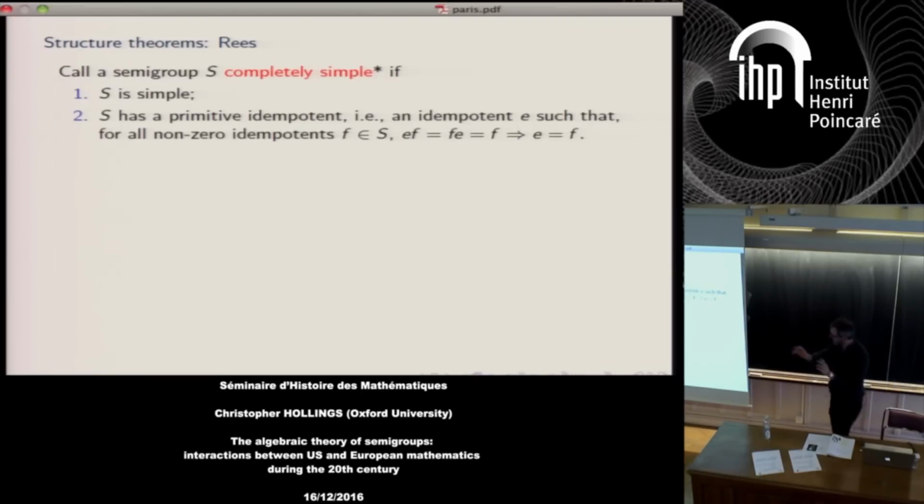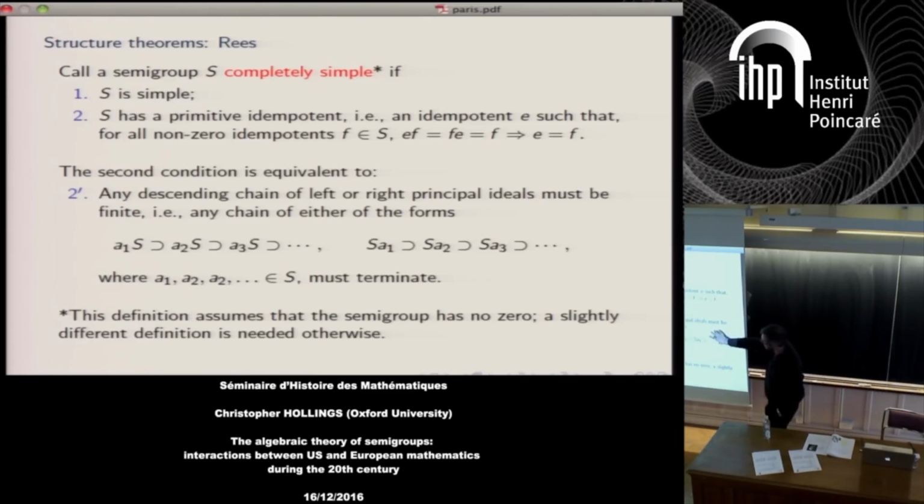So again, this is just for completeness that I've put some mathematics up here. So for Šuškevič, the semigroups were finite, so that gave him something to work with. When you move to the infinite case, there's not quite enough structure to work with, so he had to define this notion of completely simple semigroup, which is a semigroup with primitive idempotent elements, which is a concept adapted from ring theory. You can also look at this in terms of descending chain conditions, which some people prefer. But certainly he defined this idea of a completely simple semigroup.